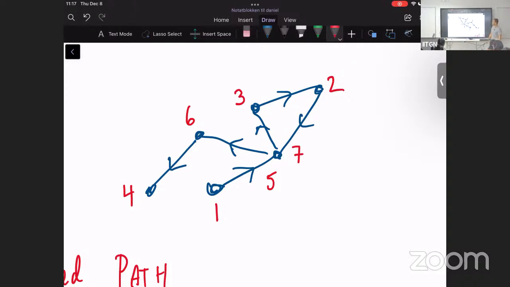So yes, but then it would be a labeled walk and not a multi-labeled walk. Yes, in a multi-labeled walk, every step has a distinct label. So it's a function not from the vertices of the walk, but from the positions of the walk. A walk has position 1, 2, 3, 4, 5, 6, 7. It could be that the vertex visited at position 3 and position 6 are the same vertex, but they're still distinct positions, and therefore they should get distinct labels if it is a multi-labeled walk.